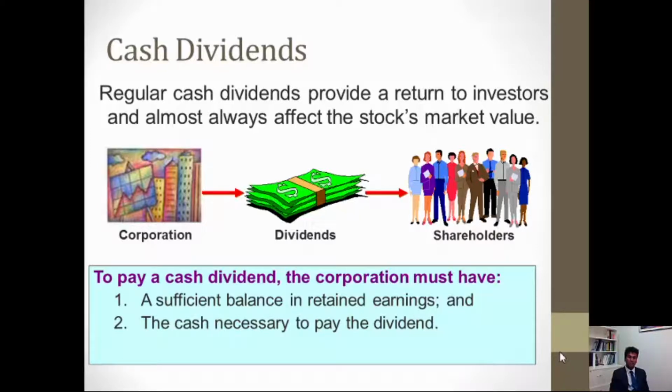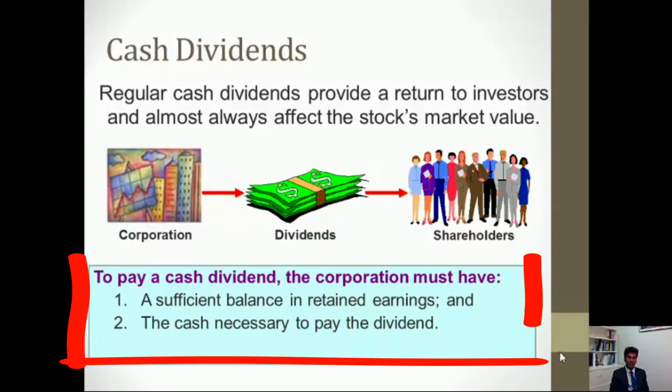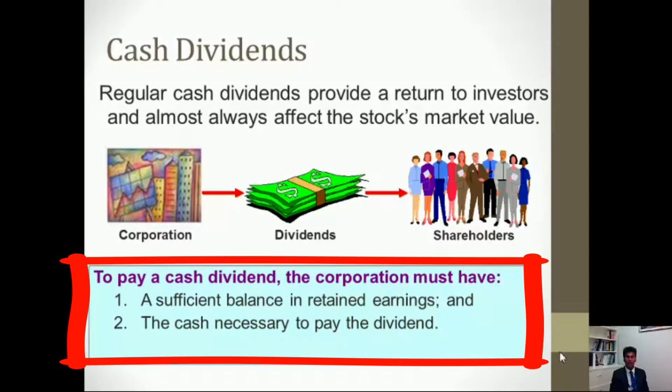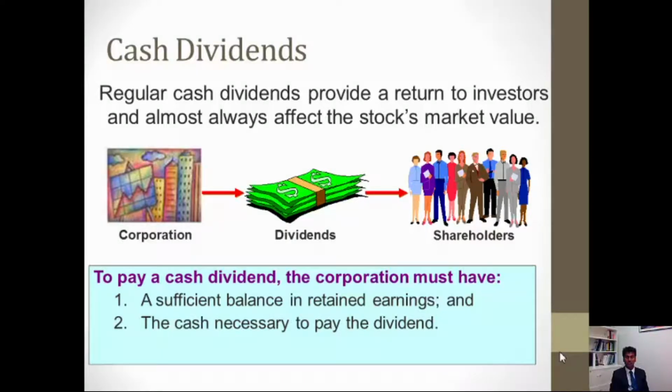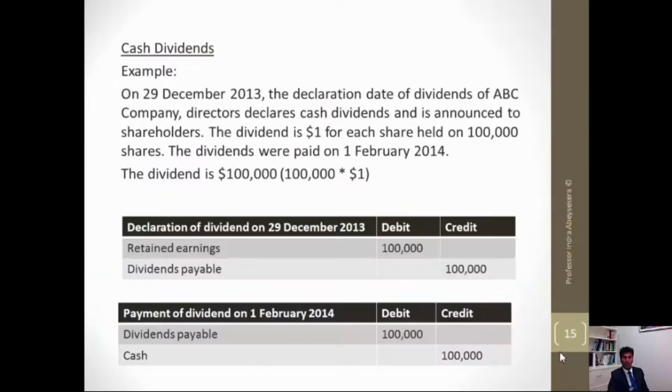To make cash dividends, the company should have sufficient retained profits. There also should be cash necessary to pay dividends. So those two conditions must be met to pay cash dividends. So when dividends are declared, that is the time the transaction should be recorded